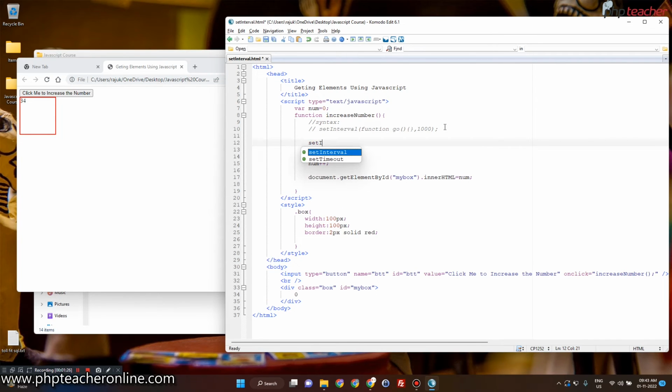That will be setInterval, then a bracket start and then a semicolon. And as I mentioned, you have to mention a function over here, and the function name can be anything, like abc. That will be fine as well. abc is the function name instead of go. You can write anything, then a bracket start end, then a second bracket start end, or curly bracket start end,